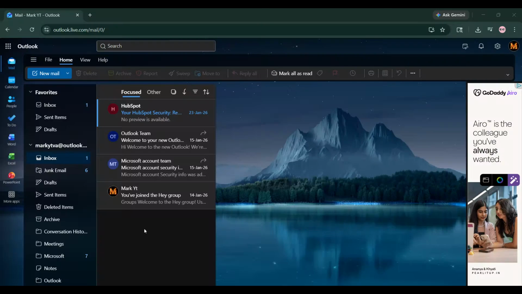If Outlook is showing error 0X800Ccc0F, that usually means the connection to your mail server is getting interrupted. In simple terms, Outlook is trying to send or receive email, but something on your device or network is blocking the connection. In this video, I'll show you how to fix Outlook error